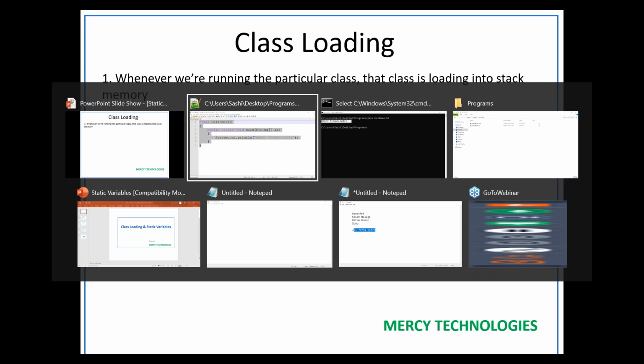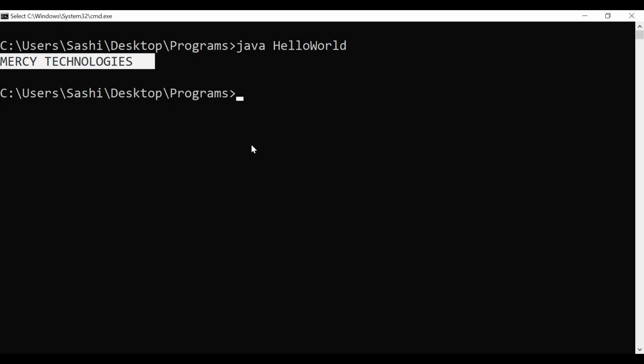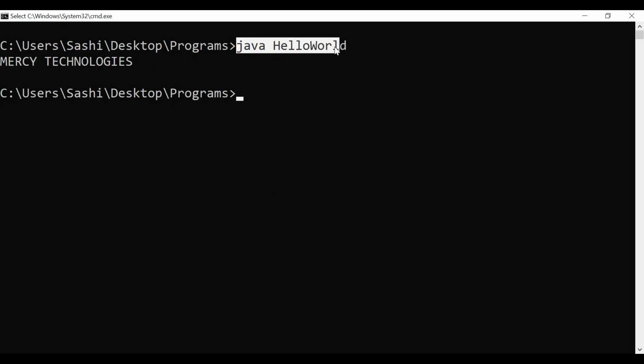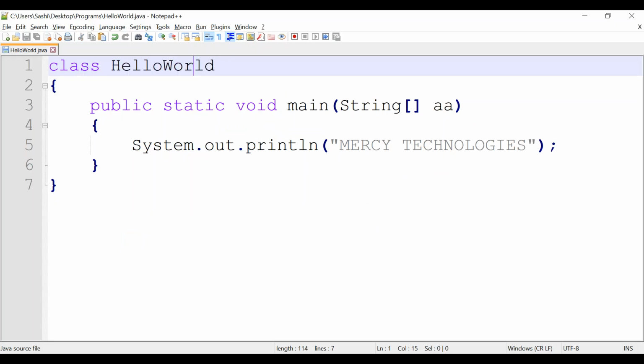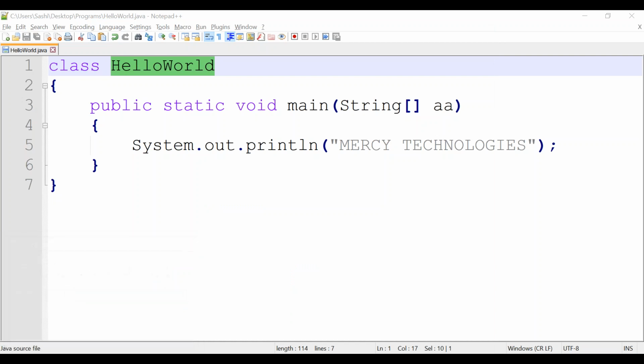Here we are trying to run the HelloWorld class, so first the HelloWorld class is loading into stack memory.